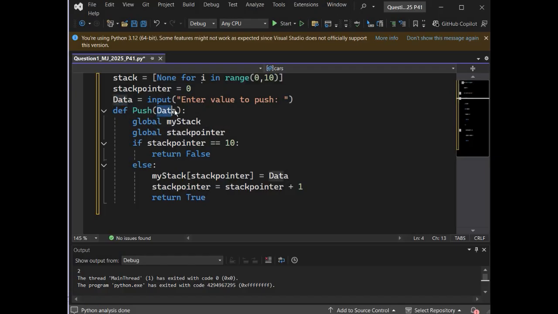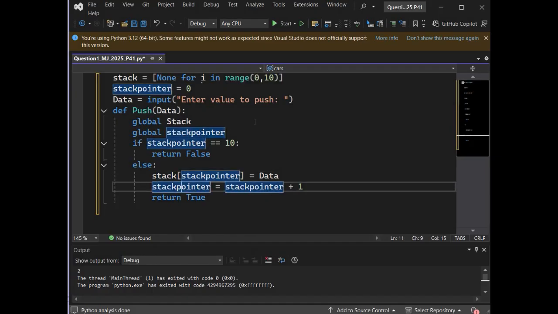I'll provide it to the function as a parameter. Now over here I'll need to use the global keyword so that this stack and this stack pointer can be accessed by this function.